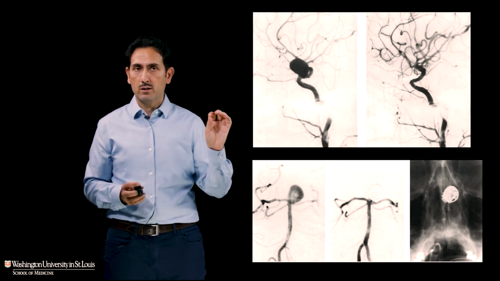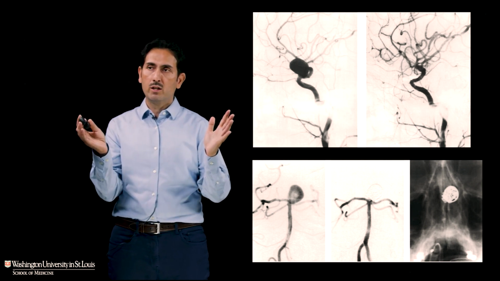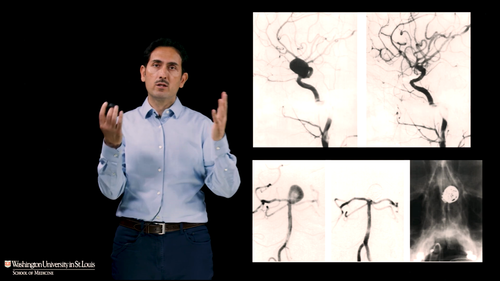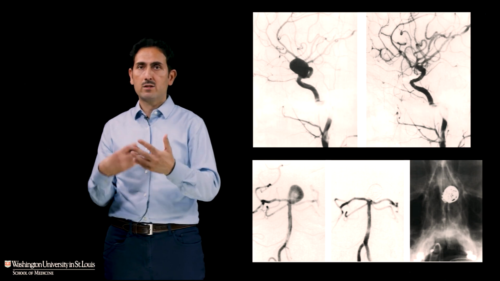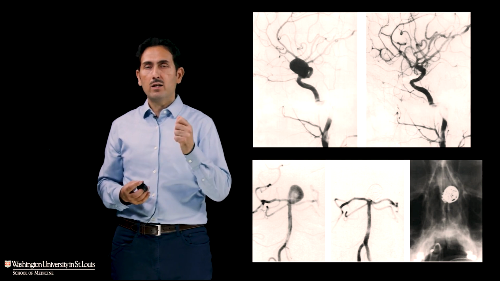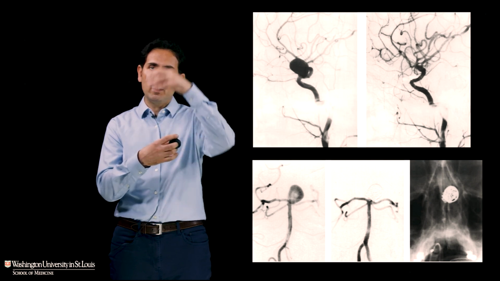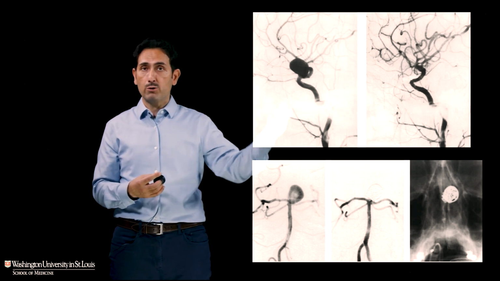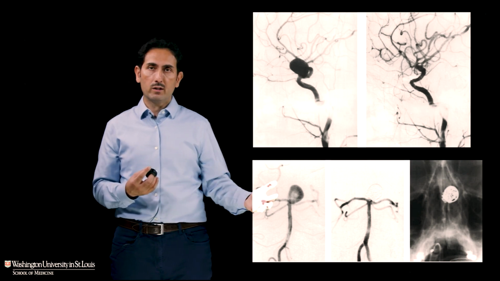Coiling might be 90%. Now, newer technologies are improving that for aneurysms which are a little more wide-necked or have a different geometry. There's new ways to treat them with stents and coils, but still the success rate is not as high, and the aneurysm can recur if the clot changes over time. A little bit of an aneurysm can grow, and it may need to be retreated. So the durability in young patients is not as high for coiling.